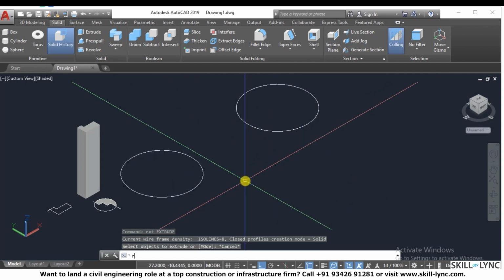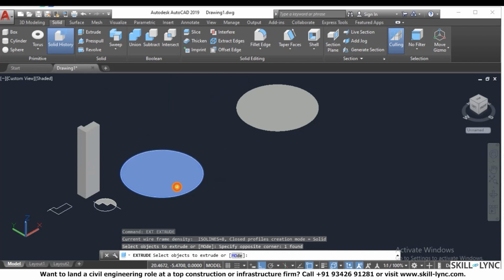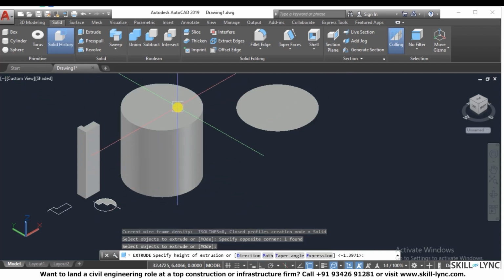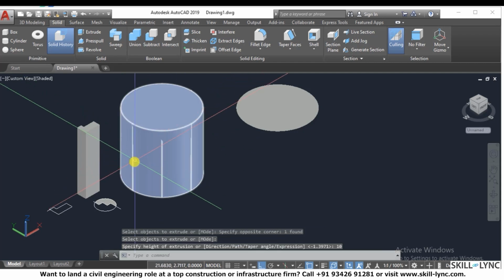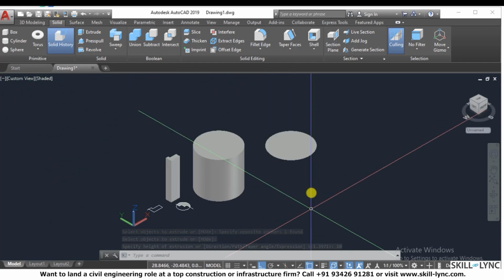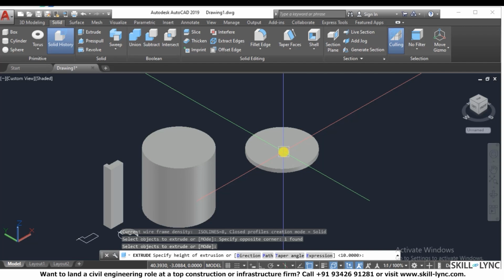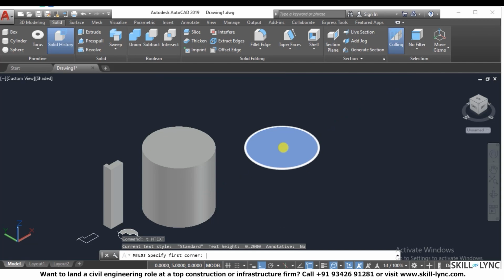Now if I make these two circles a region, I am extruding this circle at a height of 10 units with zero tapering. Tapering means I am tapering the faces with the Z axis, but here the angle is 0 degree. Now if I want a taper angle of 10 degree with the Z axis and the same height, go with the extrude option, select the object,